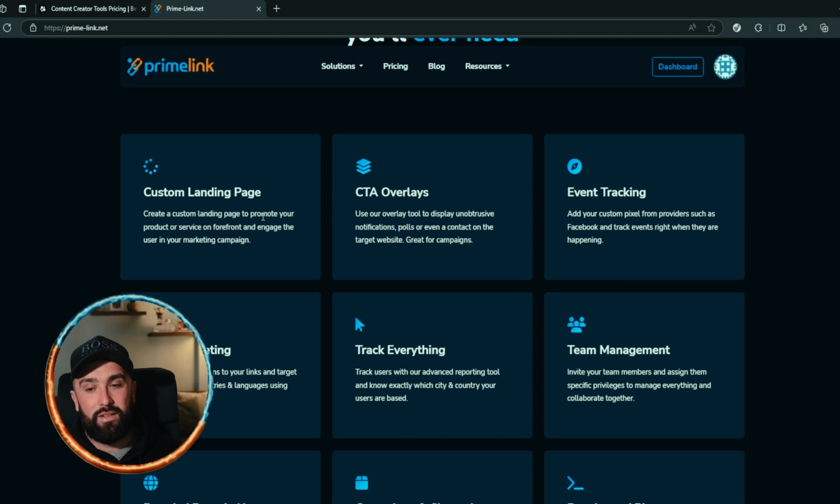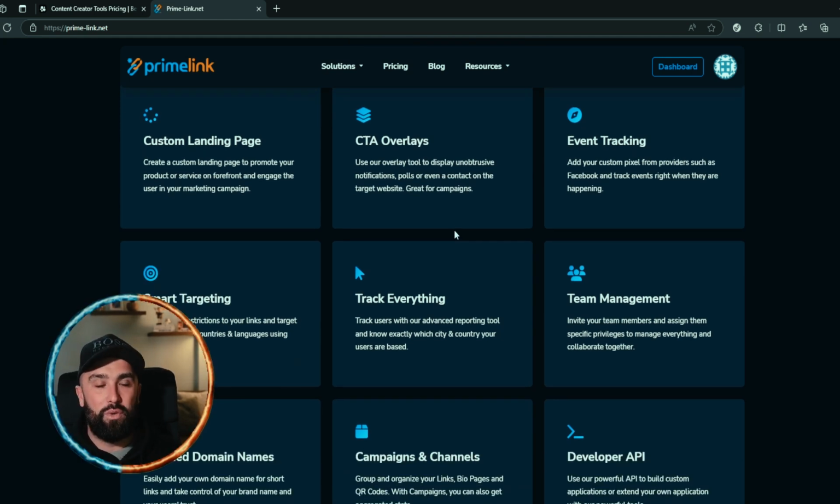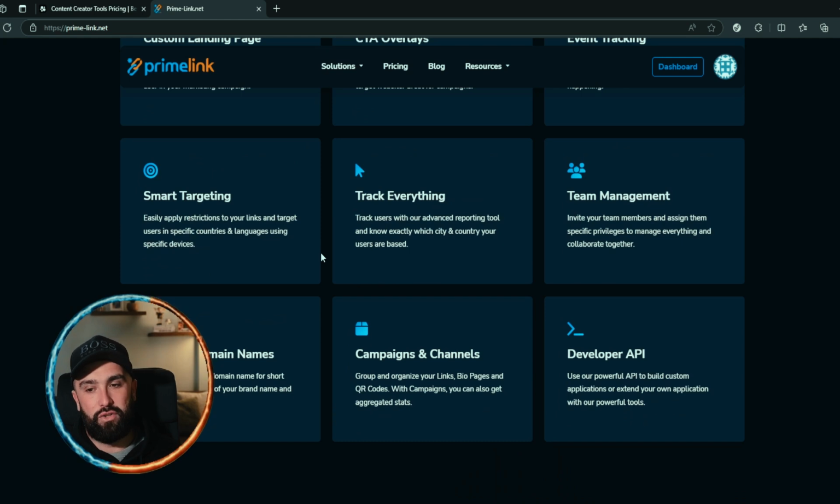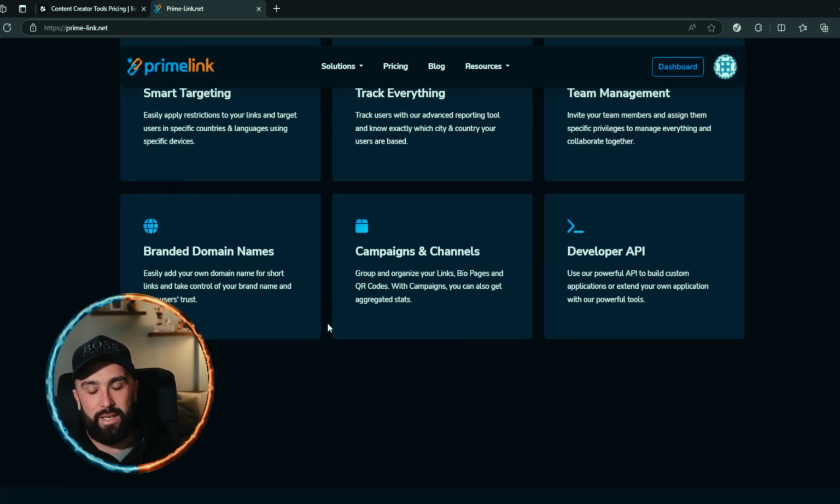Okay, so they do the custom landing page. They do the CTA overlays. That is basically where it uses an overlay tool to display unobtrusive notifications, polls, or even contact on the target website, which is obviously, like it says here, great for campaigns. So if you have a 20% off, you can have that little pop-up on the screen and you can do that all within PrimeLink. You've got event tracking, smart targeting, track everything, team management, branded domain names, campaigns and channels,